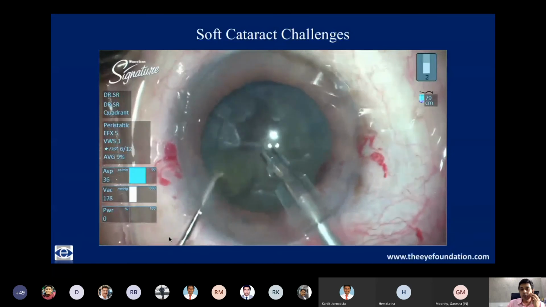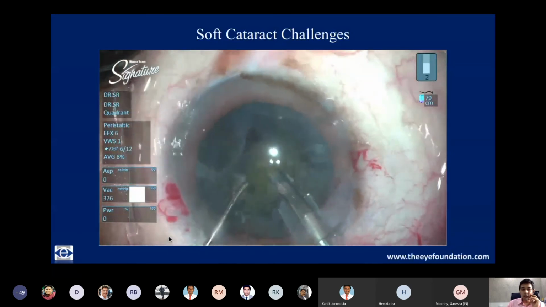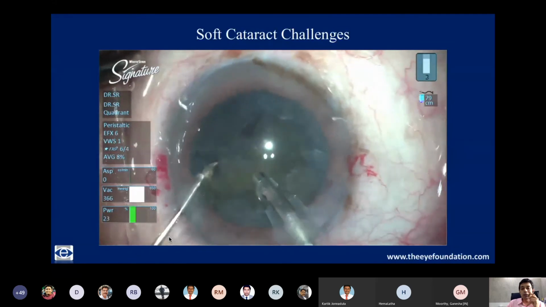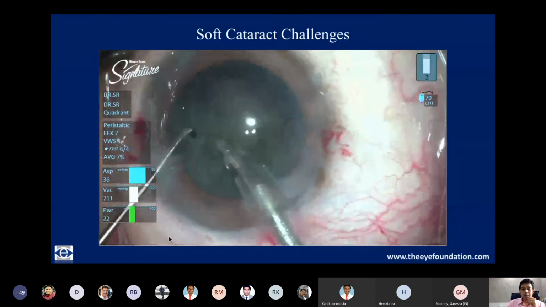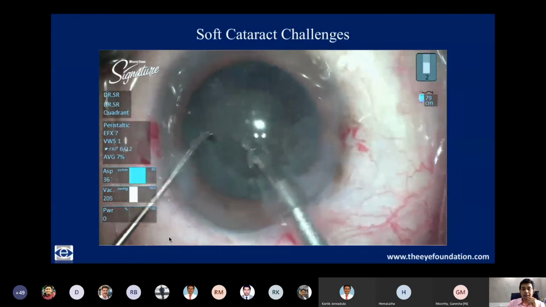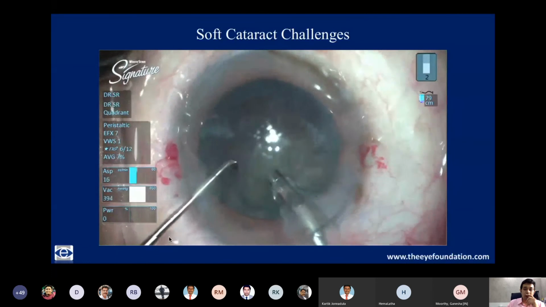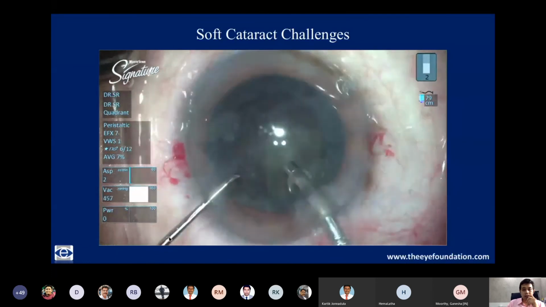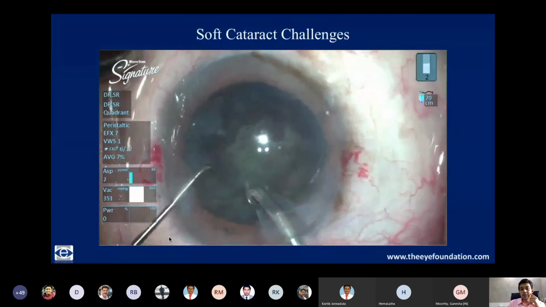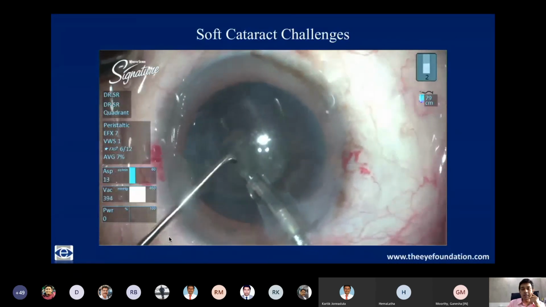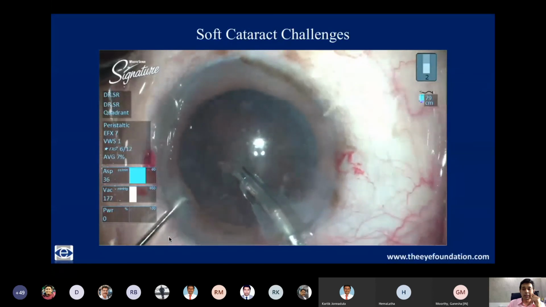And because the hydrodelineation has also been done, these pieces come out very easily with no effort, and you can see the peripheral epinuclear sheet which is left behind, which can then be removed subsequently in a single attempt, and that makes it an extremely easy and predictable way of doing the entire procedure. And you can see here the epinucleus is now coming out as a single ball, and it can be teased into the phaco tip. And in the same settings, in the same quadrant settings itself, you can proceed with the entire case.